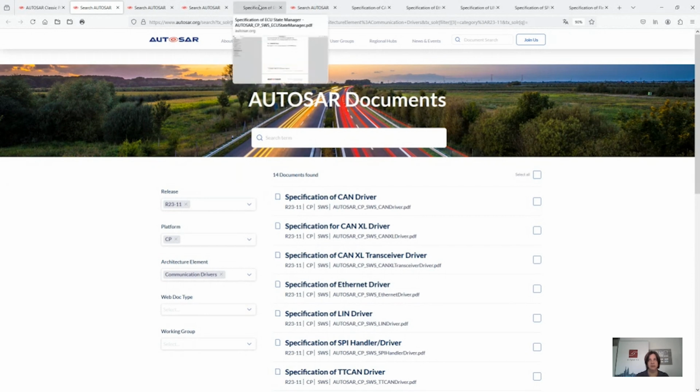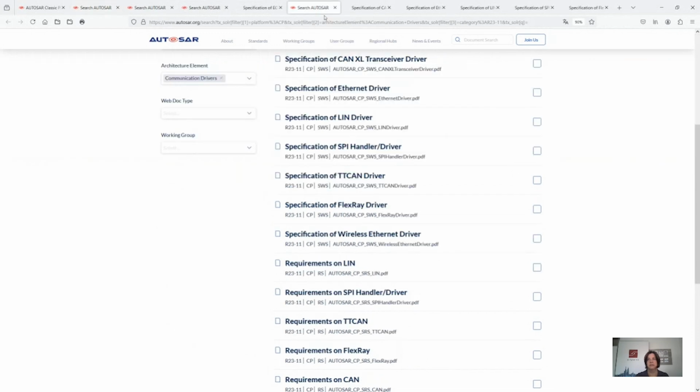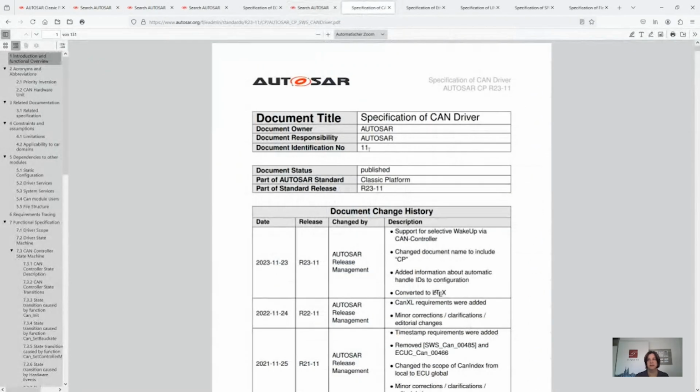So we'll have a look at the... where is it now? No, this is double the CAN driver. So here's the CAN driver. As you can see, the specification has 131 pages. And it's not explaining you anything about CAN. So you better learn this before if you need it, and you should really have an understanding on, I would say,